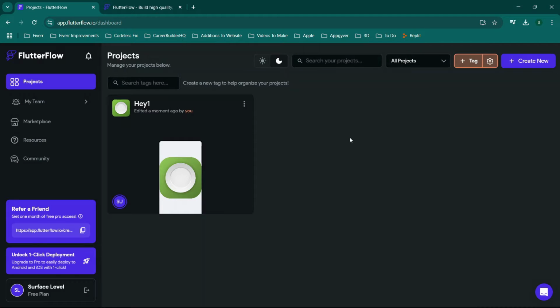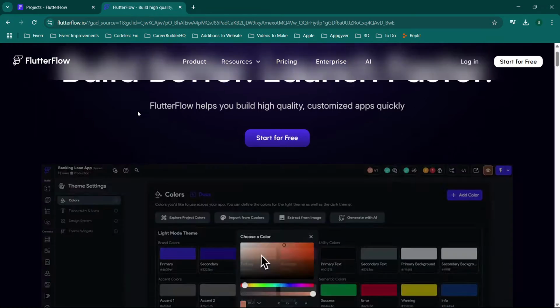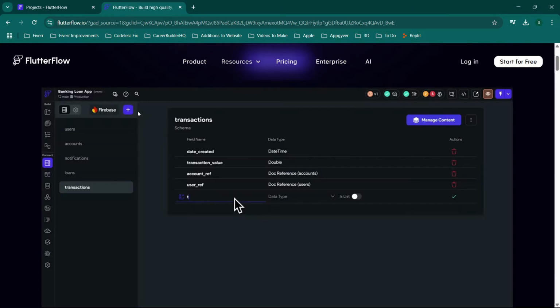In today's video, I'm going to do a little bit of a deep dive into FlutterFlow. For those of you who don't know, I'll go over pricing, some functionality, and most of what I think you're going to need to get started. Now, if you aren't aware of what FlutterFlow is, it's an incredibly powerful tool to build mobile applications basically without